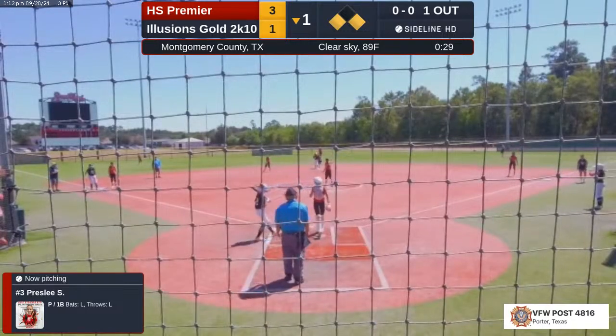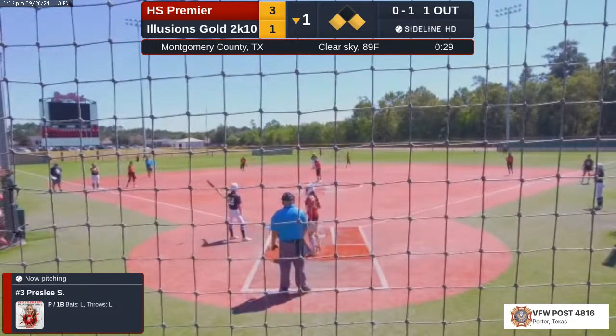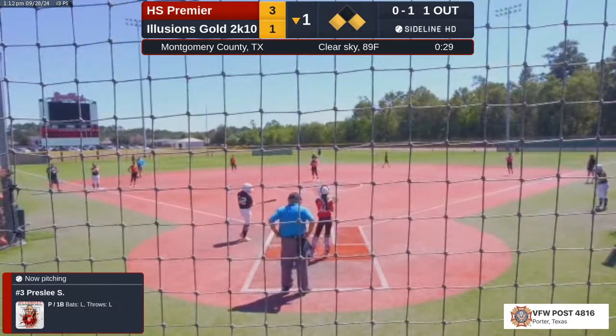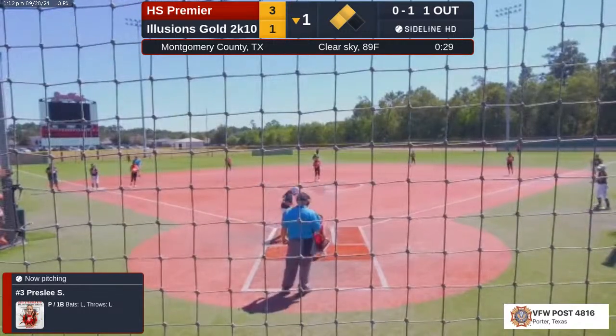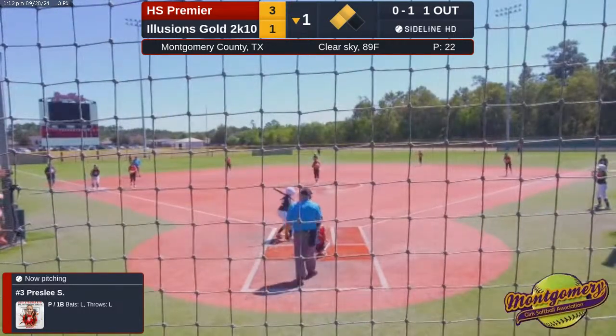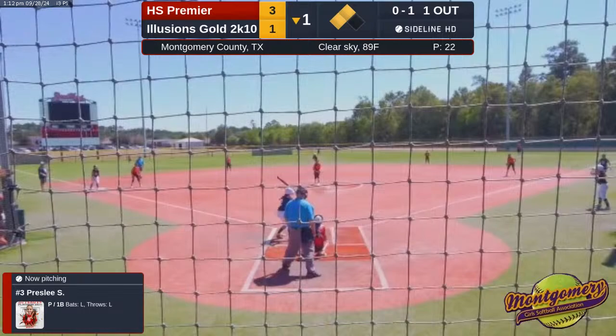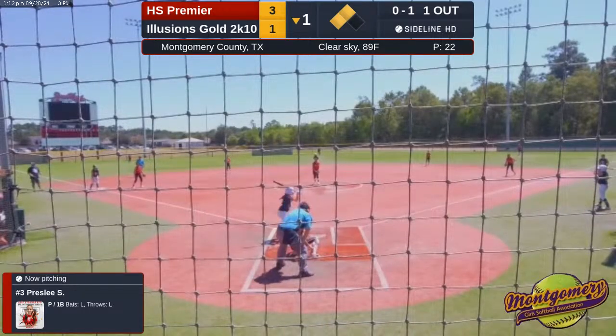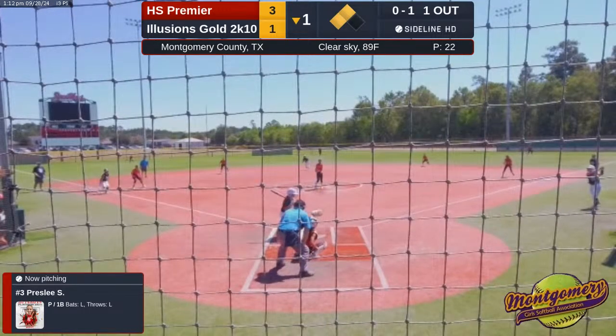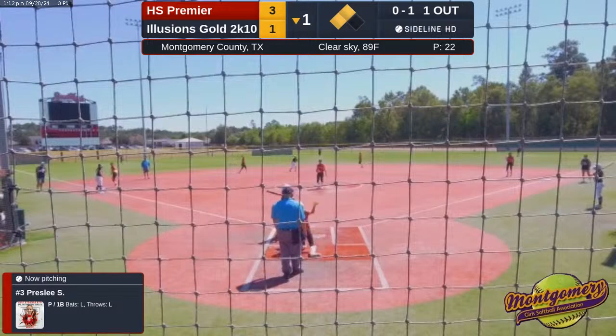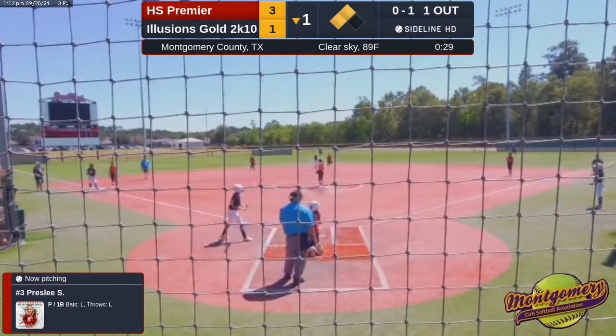Pitch is in there for strike 1. Runner makes her way down to second. So we got second and third and 1 out. Number 5 hitter in the lineup. Pitch is up, ball 1.